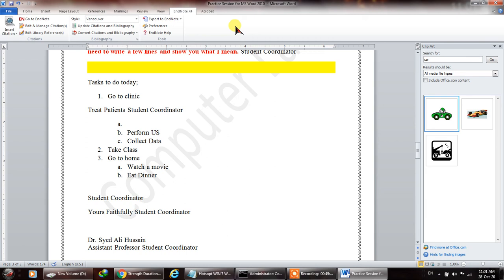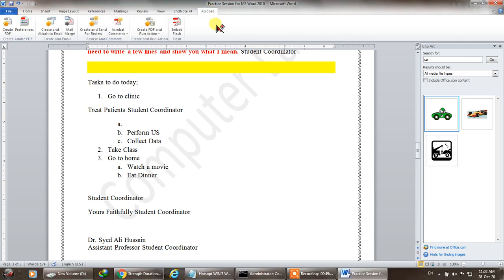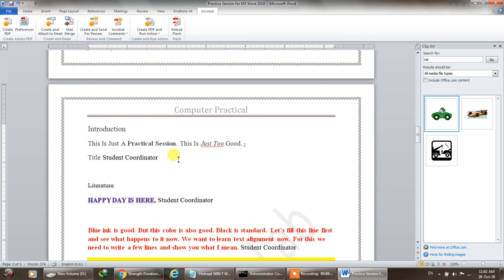So this is really very important, and for this, EndNote is one of the best software or referencing managers that you have to use. On most of your laptops, you might not see this EndNote feature, because EndNote is not installed in your systems. If it is installed, it will automatically be integrated. Similarly, if you have a version of Adobe Acrobat Reader that incorporates itself automatically with Microsoft Word, you will see these. Why do we want to create a PDF, portable document format? If we want to retain the formatting.